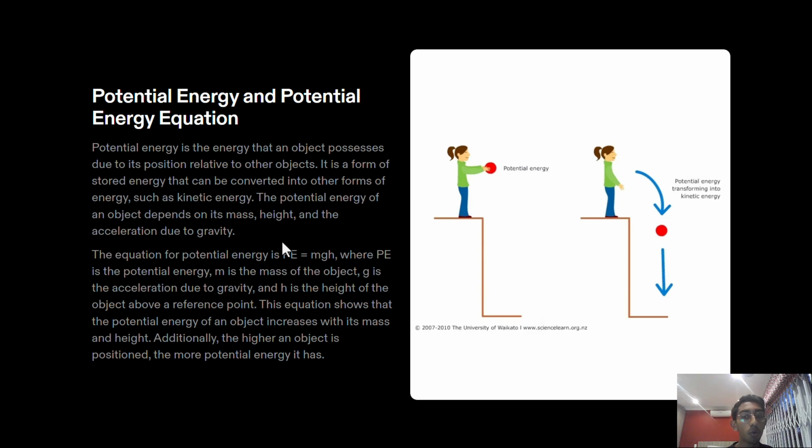In terms of transforming energy and energy being transformed from one form to another, we'll discuss that later. But if you want to have a quick look, if we look at the image on the right, we see this, where the object possesses potential energy here, but as it's dropped, that potential energy slowly is transformed into kinetic energy as it decreases due to its reduction in height.